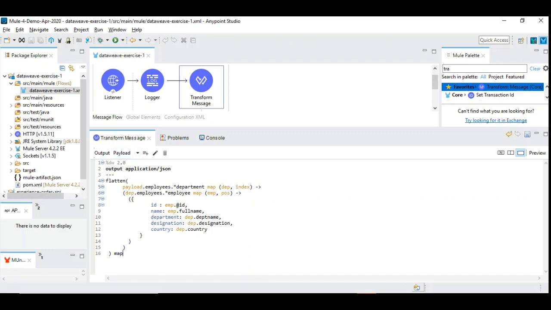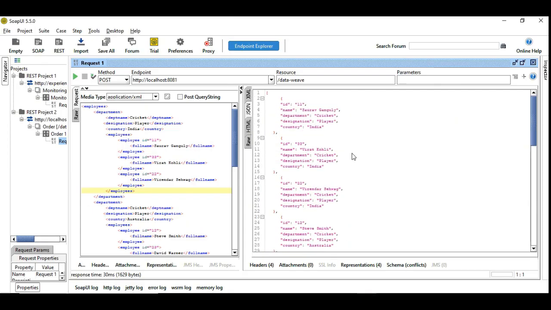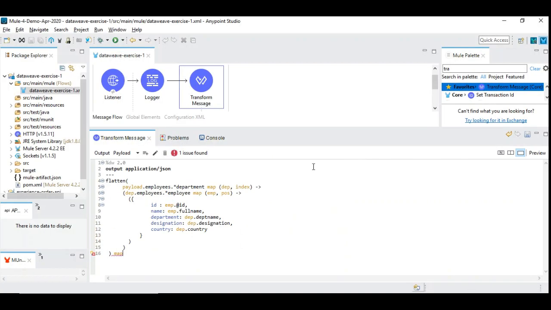And here you can use this iteration by using map. If you want only the required structure in the canonical form, the transformation is already completed. Now I'm doing one more level to show how you can make use of this array using the same DataWeave instead of going for another completely different DataWeave. So see, since this itself is an array, you can use a